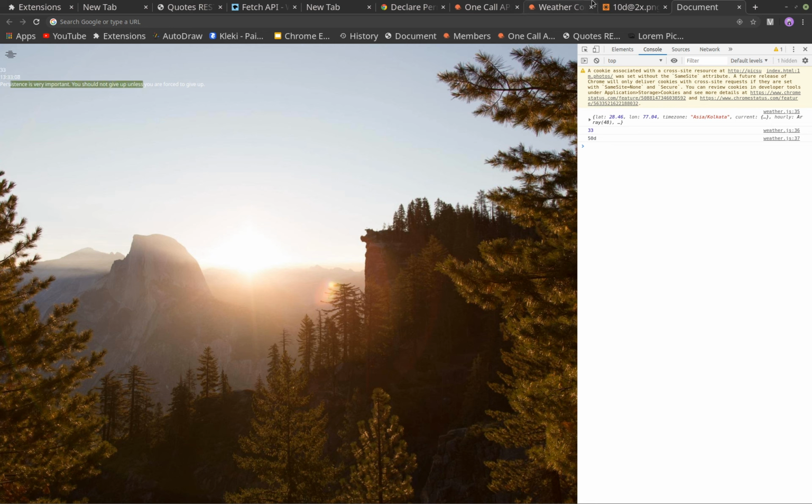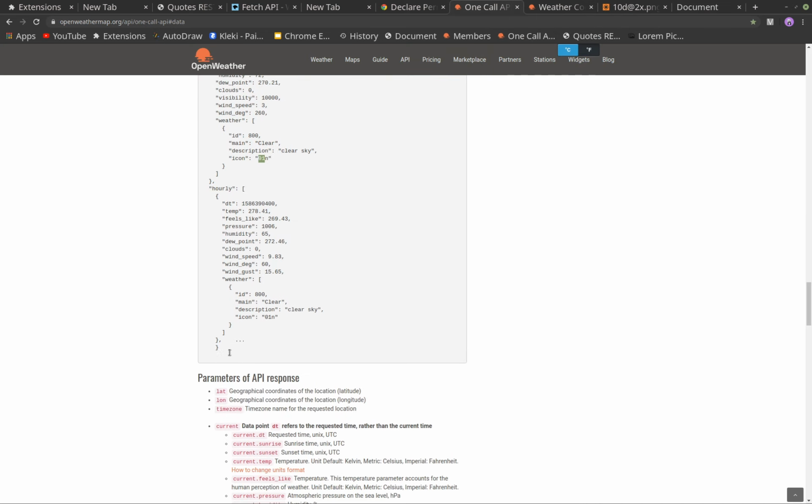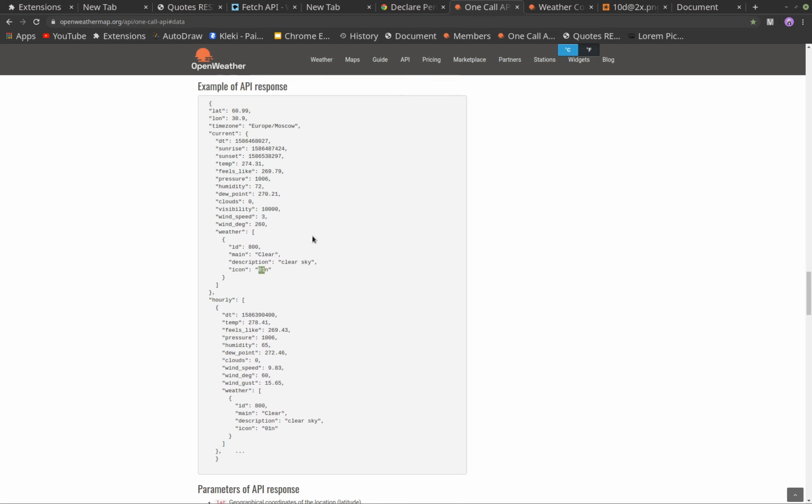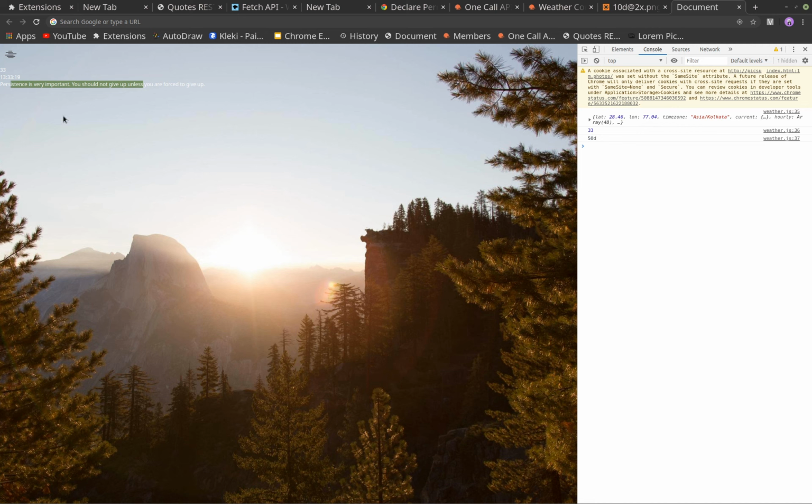You can also get hourly or daily forecast from here. So hourly or daily, depending on what you want to show in the tab or a card here. But first we will design it a bit so that weather shows in the top right corner and time and quote shows in the bottom or in the center of the page. So let's do that in the next one, and then we'll move ahead. Thank you.